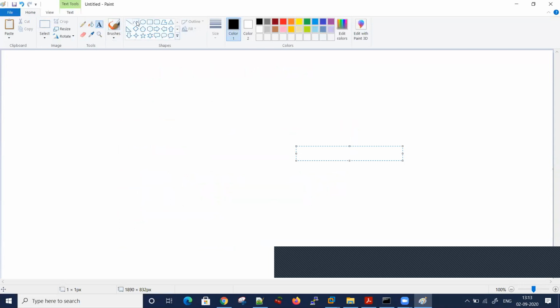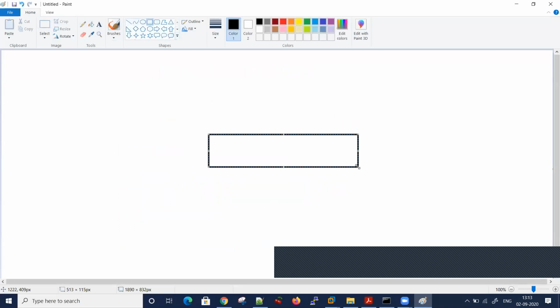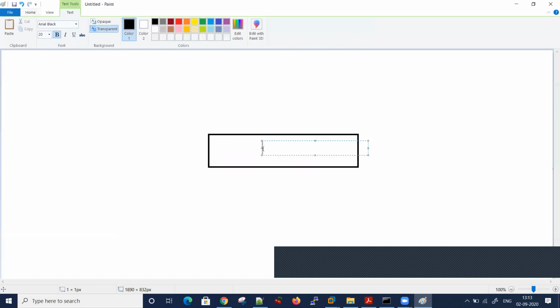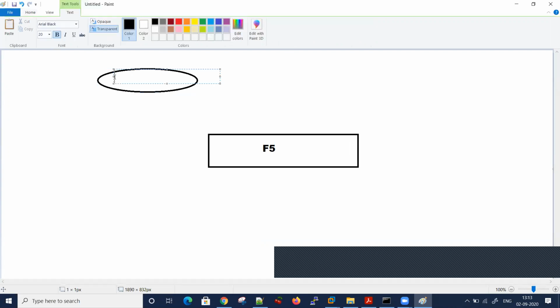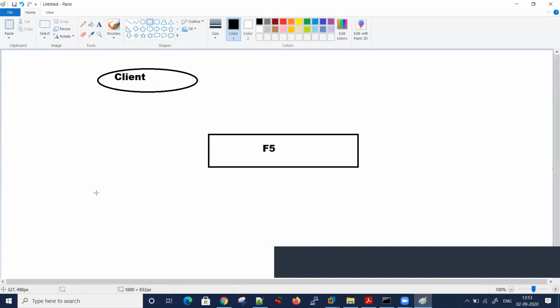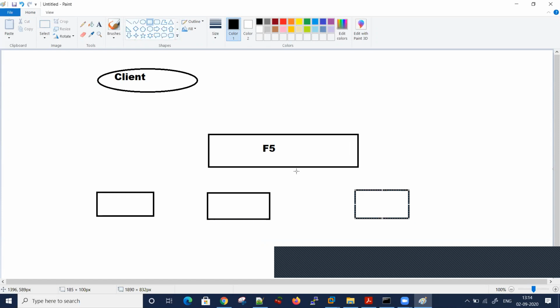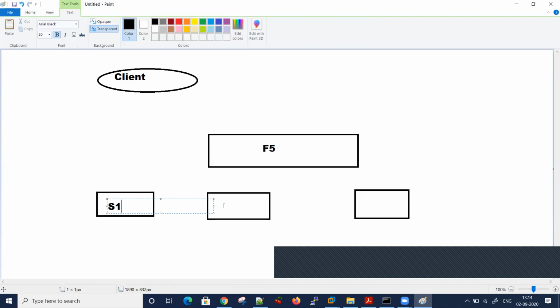Let's take the load balancer as an F5. Here we will take one client, and here we will take servers. I'm taking 3 servers, and I will tell you later why we are taking these servers and what the advantage is.